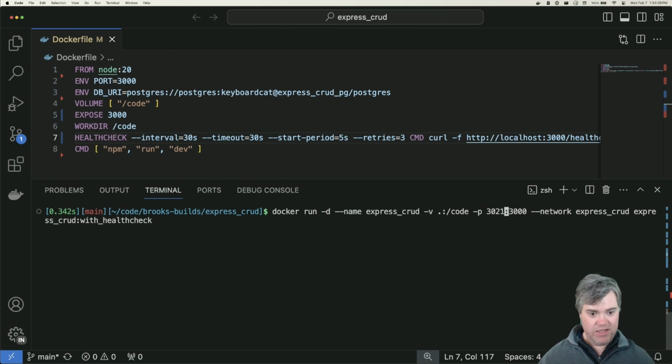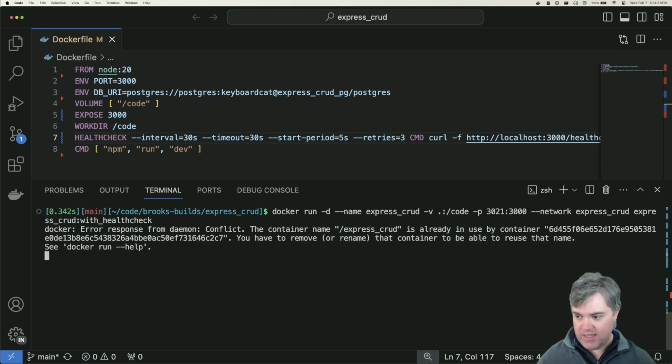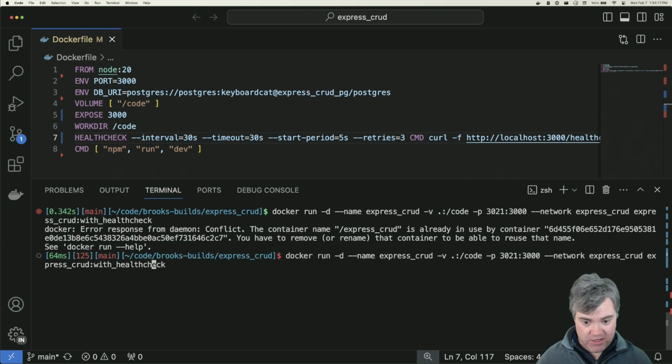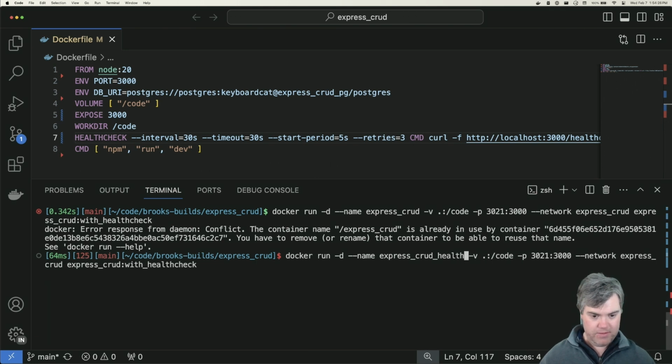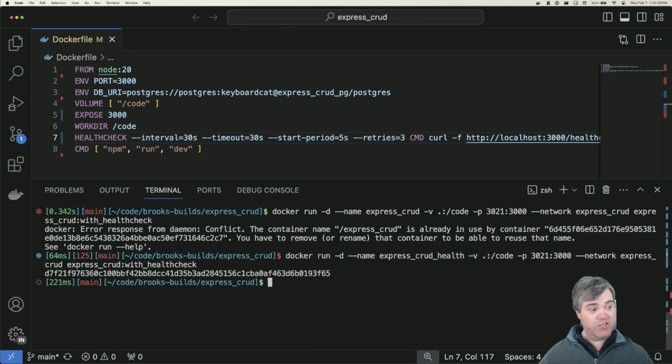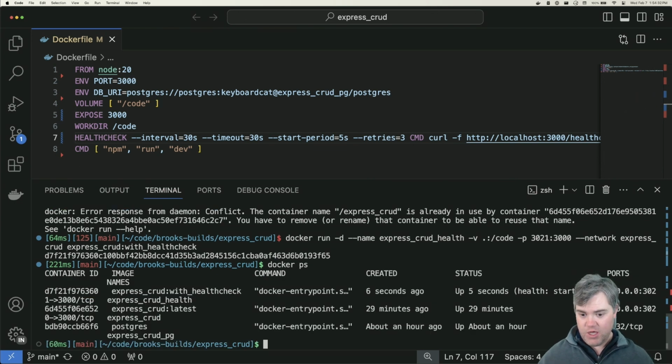And then I want this to be 3021 as a different port. And if I run that, oh, the container name Express CRUD has already been used. I need a new container name. So maybe we'll call this express-crud-health. That launches that. We can now take a look at docker ps, which will show